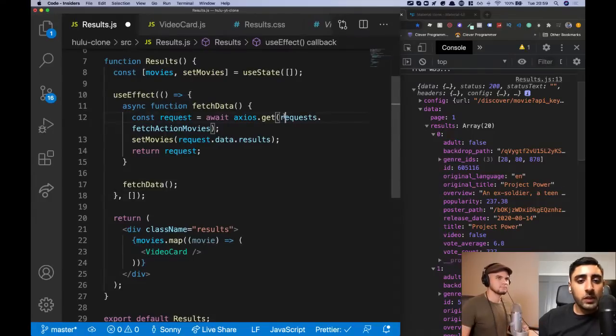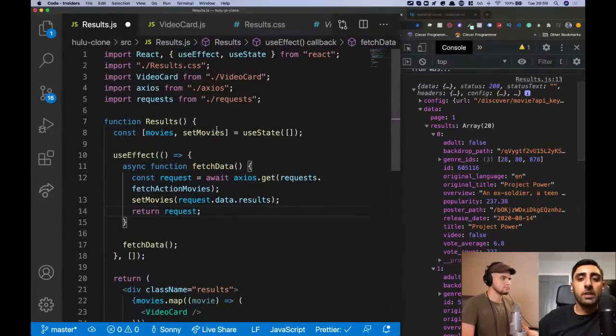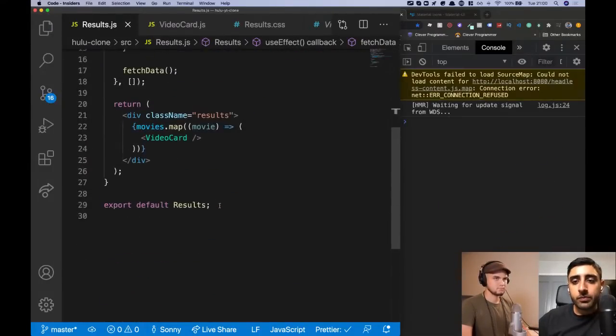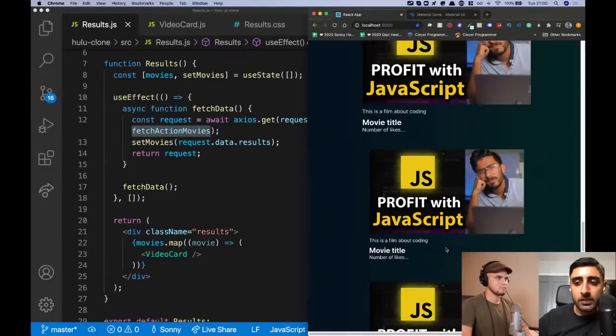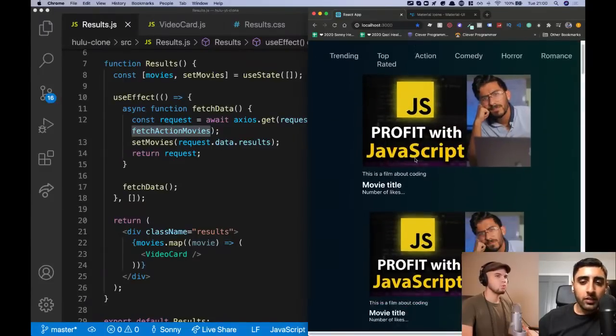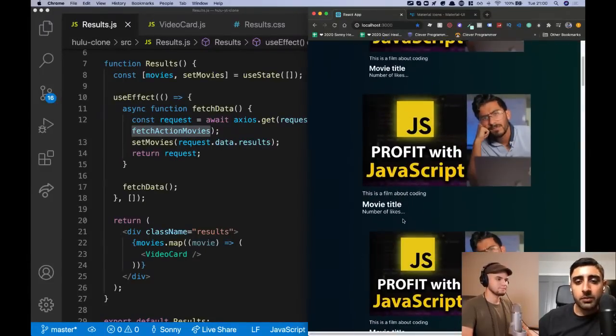This one is always going to get the action movies, right? We're going to make a change here afterwards, but for now, it's always going to get the action movies. So I'm going to save that, close this, and there you go. Now it's loading as many action movies as they're actually returning, but it doesn't look like that. All we see is